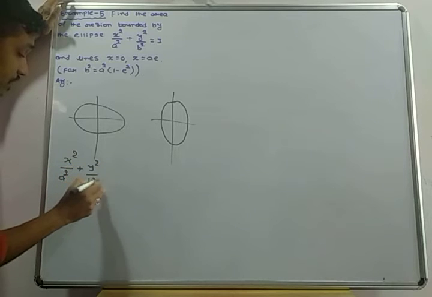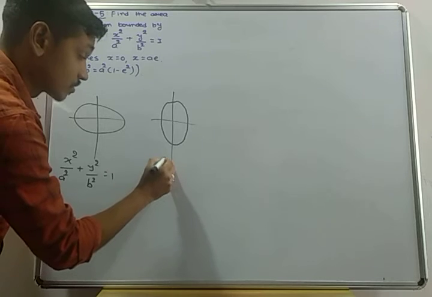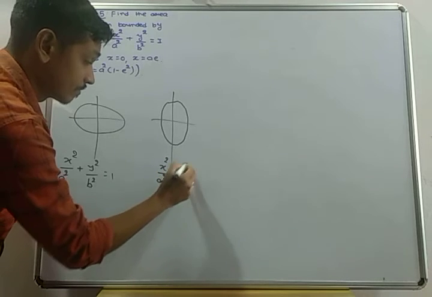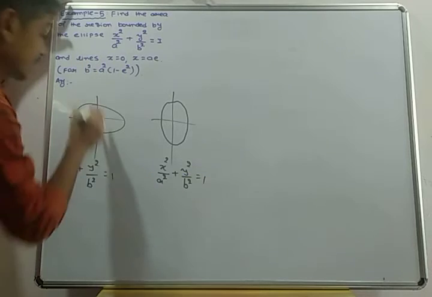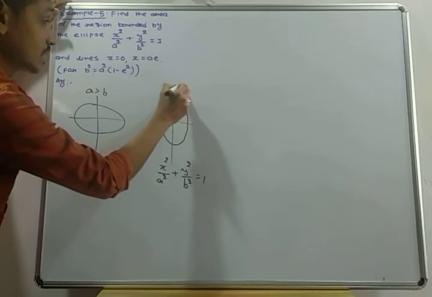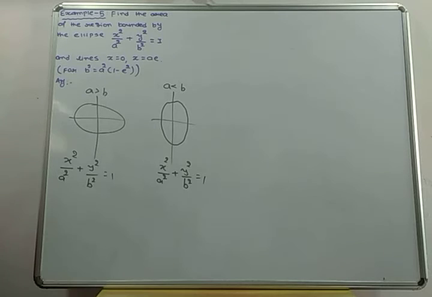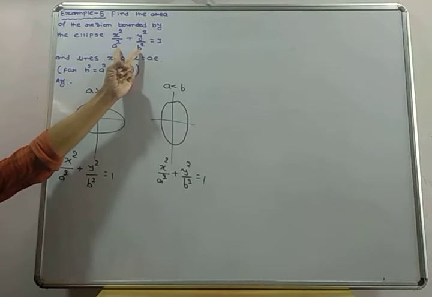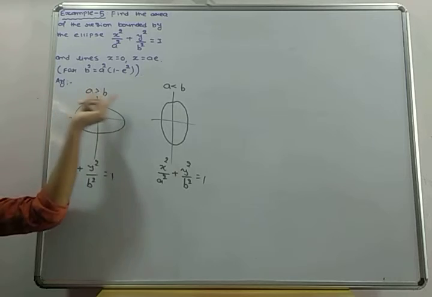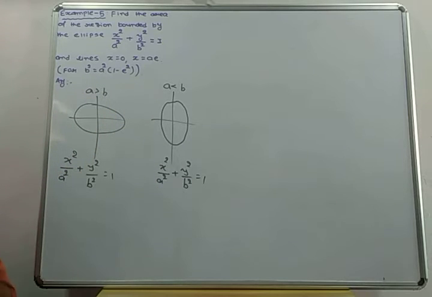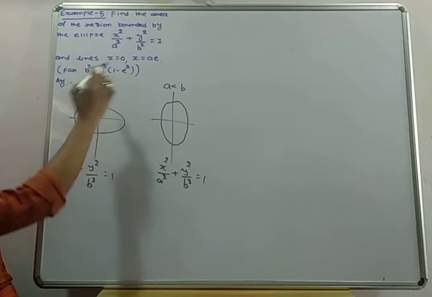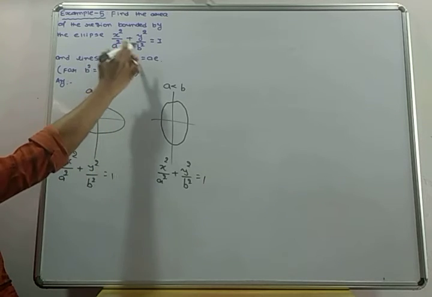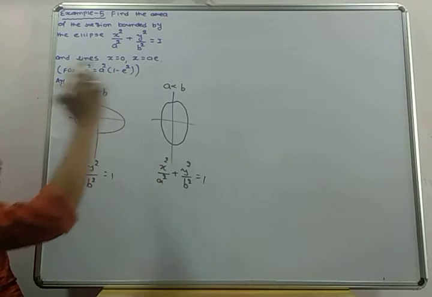y square by b square equal to 1. And here equation also same. And in this case a is greater than b, in this case a is less than b. But there is a and b, there are a and b. So from a and b we cannot decide कि a greater than b or a less than b. तो आपको एक इसेंट्रिसिटी की फॉर्मूला थी 11 चैप्टर ऑफ 11 साइंस, 11 चैप्टर कॉनिक्स, कंसेप्ट इलिप्स ऑफ स्टैंडर्ड 11. चलो a and b we cannot decide a is a and b is b, so we cannot decide a greater than b or a less than b.